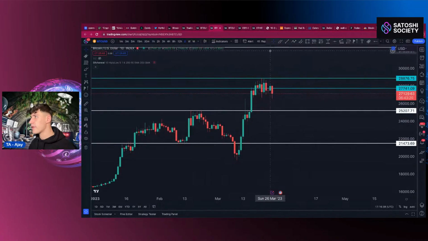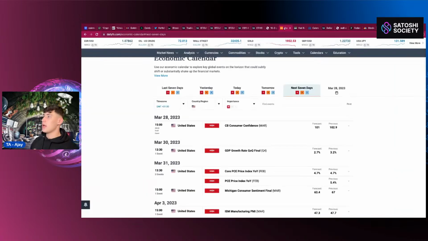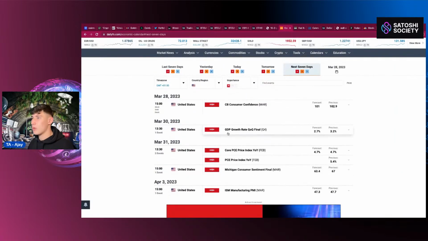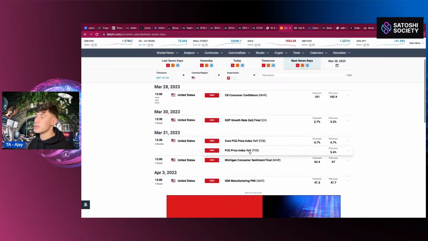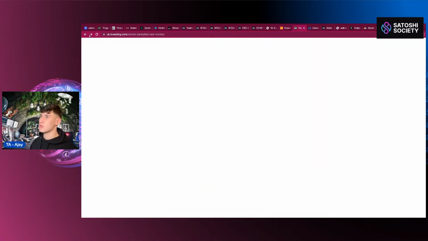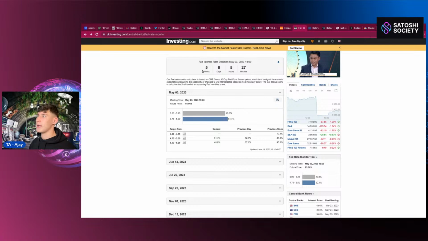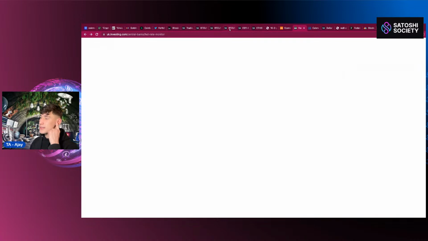If anything happens, of course, I will update you with it. But we don't have anything major coming, until the end of this month. At the end of March, the 30th, we have GDP growth rate QoQ final, and core PCE price index as well. Those are all going to be very important, and I'm sure they're going to move the market. And then, in just under 6 weeks, we have the FOMC meeting. So we do have a long while until the FOMC meeting,